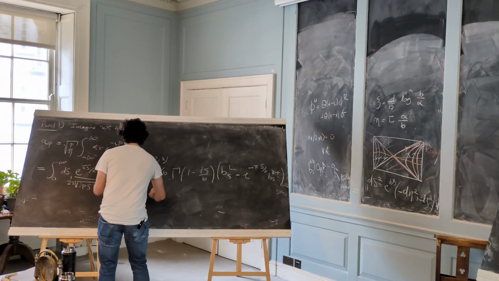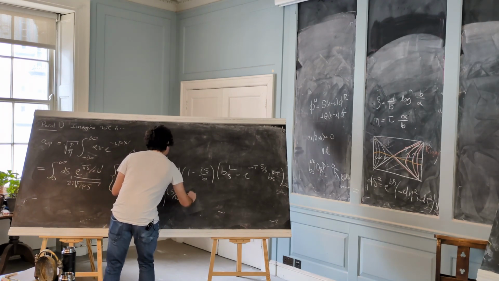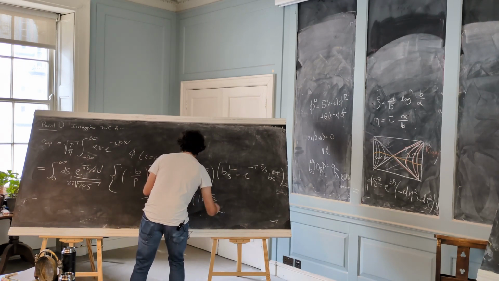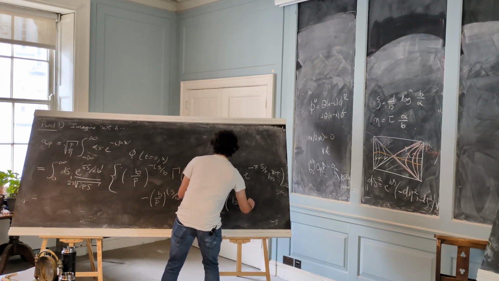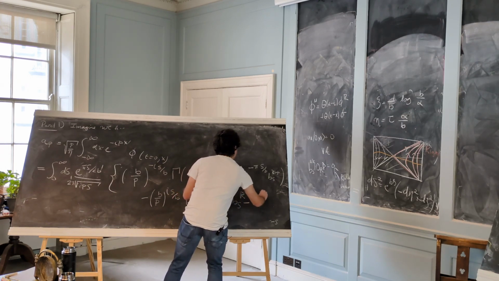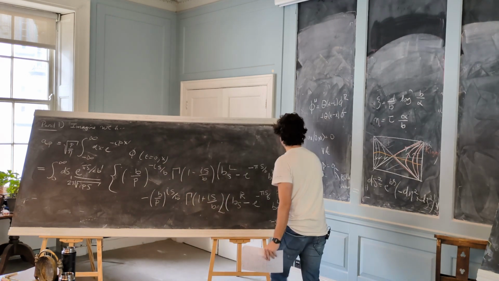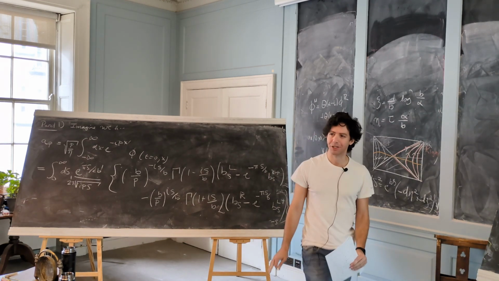And then minus b over p to the i s over b gamma of 1 plus i s over b, times b_s right minus e to the minus pi s over b b_s left dagger. That's a kind of wild looking expression, but